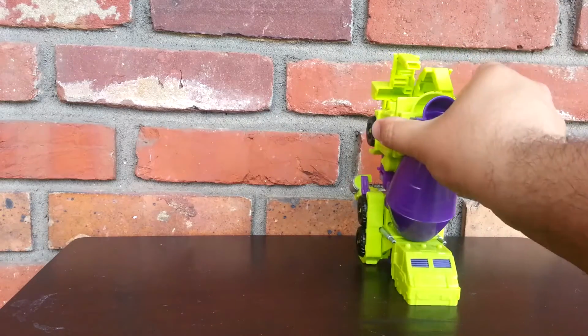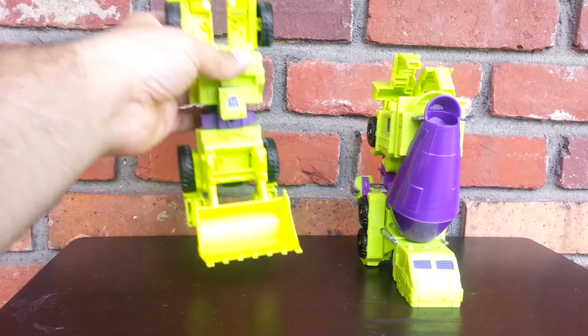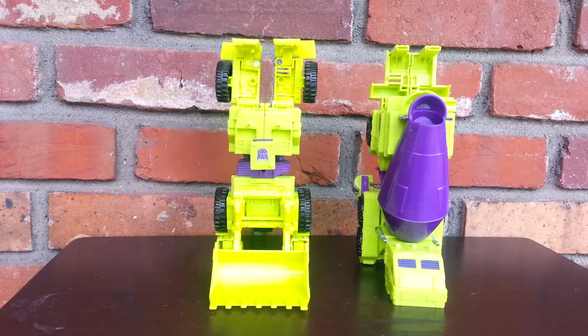Alrighty, first thing we're going to do is get our legs. Boom. And this is going to be a little tricky because he is going to get huge really fast. So we got our legs. Now we need